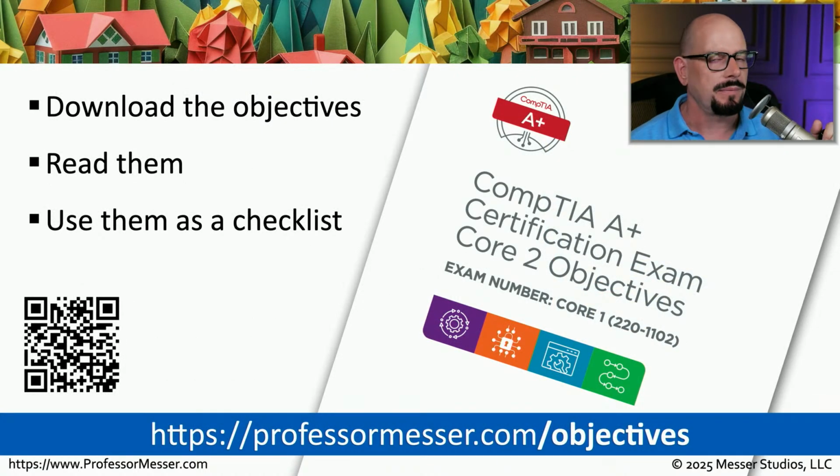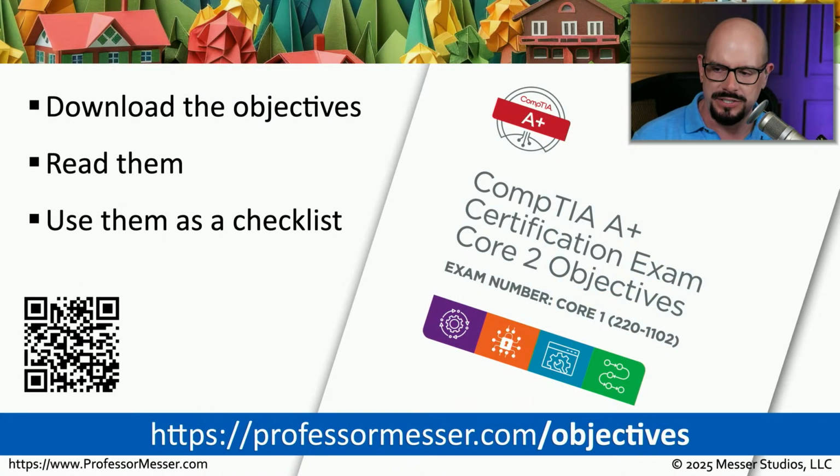How about something free? I like the free stuff. I've been talking all this time about the exam objectives. Those exam objectives are available for free to download from the CompTIA website. You can absolutely go out and get them. They are available at professormesser.com/objectives. There's a link that will take you over. Or you can go to your favorite search engine, type in CompTIA exam objectives. It will take you right to the page. So you'll be able to find those. It will tell you everything you need to know to pass this exam, which is probably one of the most common questions we get. How do I know if I'm ready?